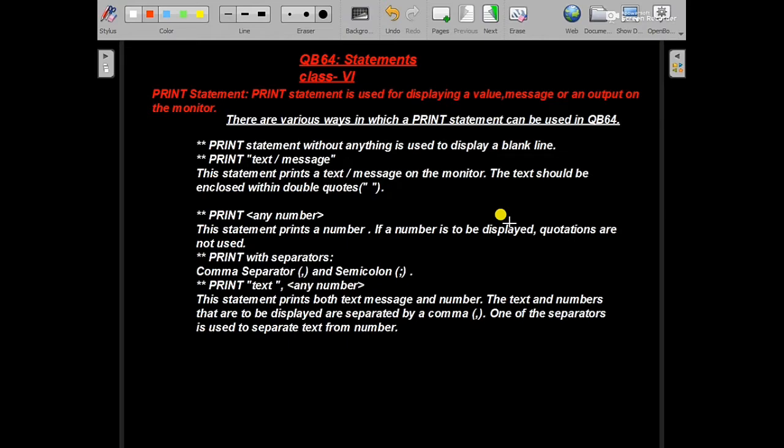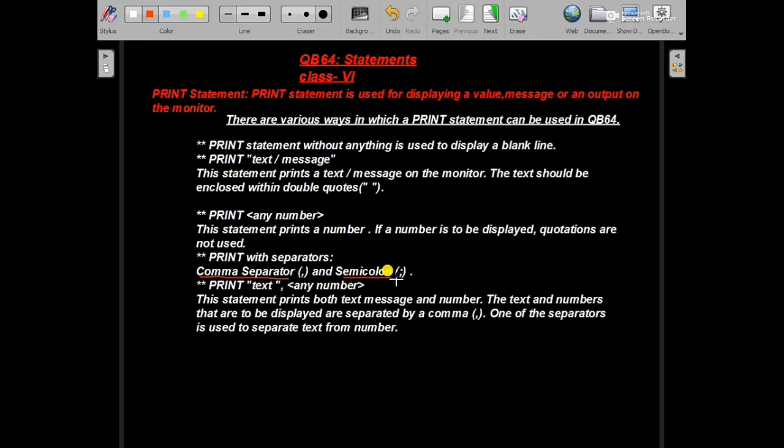PRINT with separators. More than one expression can be printed in one PRINT statement, but a separator must be used: comma separator and semicolon separator. The comma separator is similar to a tab key.